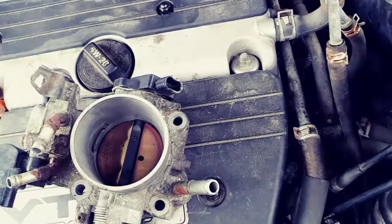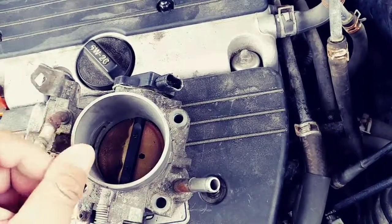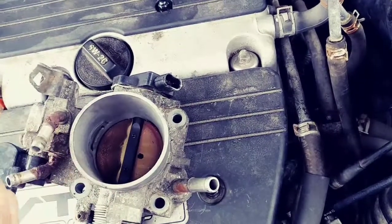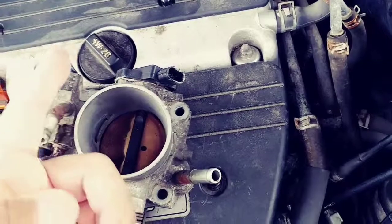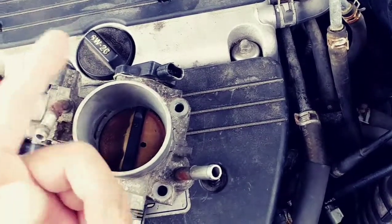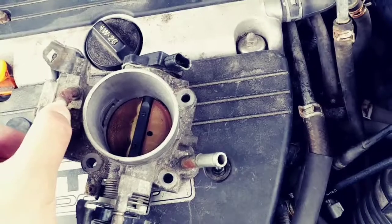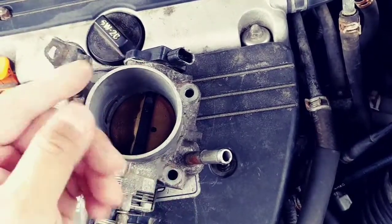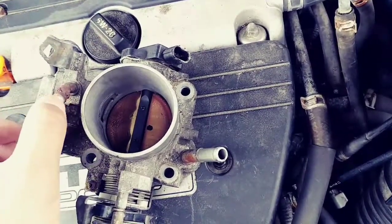I swapped out 3 for 4. So I realized I needed a new spark plug, because that new spark plug that I had was having issues. So I ordered another spark plug from eBay, popped it in 4, and I swapped out the coil from 3 to 4. Then 4 had a bad spark plug, so I bought a new spark plug and put it in 4. I kept interchanging those two. All right, I bought a new coil. A week later, I put the new coil on 4, changed the spark plug on 3, and